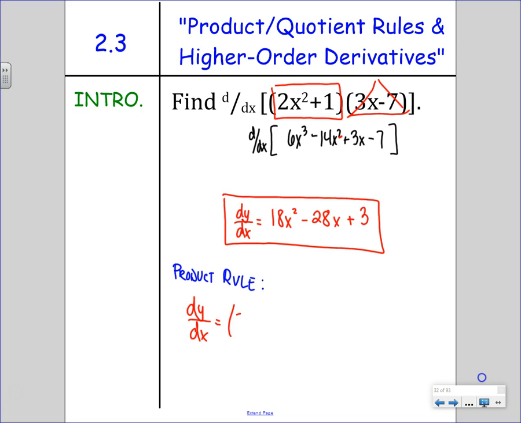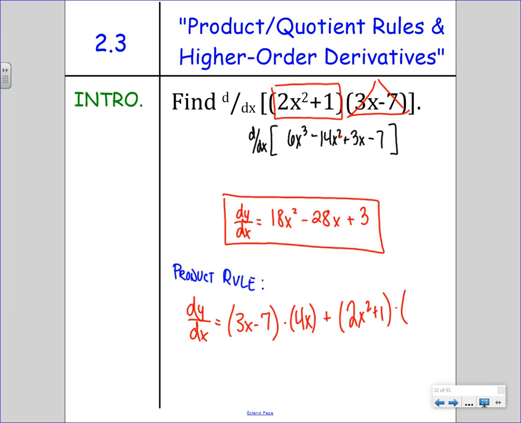Second, a little troublemaker. Second d first. What's the derivative of 2x squared plus 1? It's just 4x, 4x plus 0. Just 4x, right? Second d first. Derivative of 2x squared is 4x. Derivative of 1 is 0. Plus first